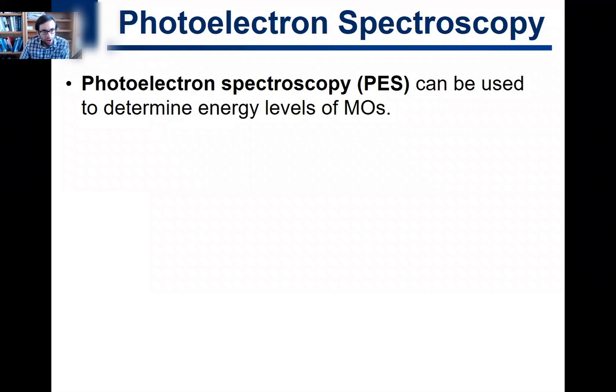All right, so we're going to go over, I guess, what would be our third spectroscopy that we've got covered in this course. First two were Raman and infrared spectroscopy, right? And this is called photoelectron spectroscopy, often abbreviated as PES. And this can be used to determine the energy levels of molecular orbitals, which is why we are particularly interested